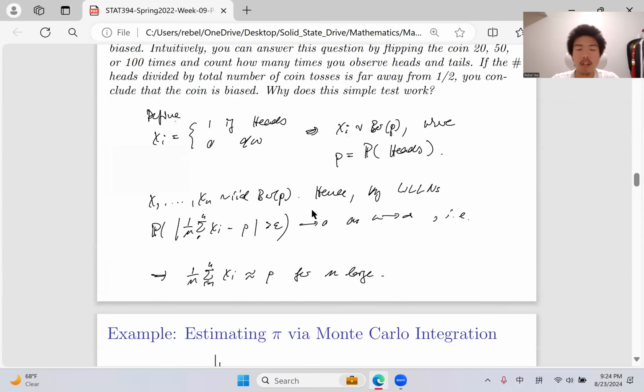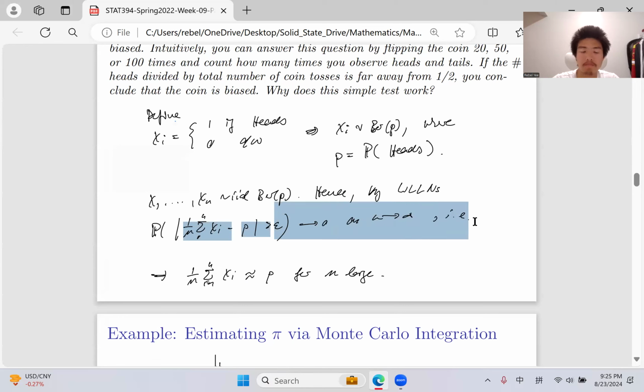Okay, so how can we set up this question? We can use the indicator function: X_i equals 1 if it's heads and 0 if it's not heads, which means it must be tails. Then it is a Bernoulli distribution, and the expected value of X_i is equal to the probability that heads has occurred. So we can use the weak law of large numbers with this formula: the probability that the difference between the sample mean of X_i and the probability that heads occurred is larger than epsilon goes to 0 as n goes to infinity.